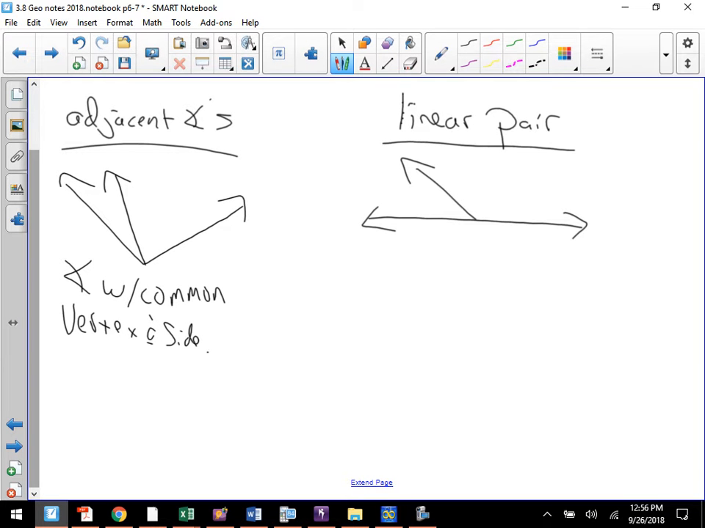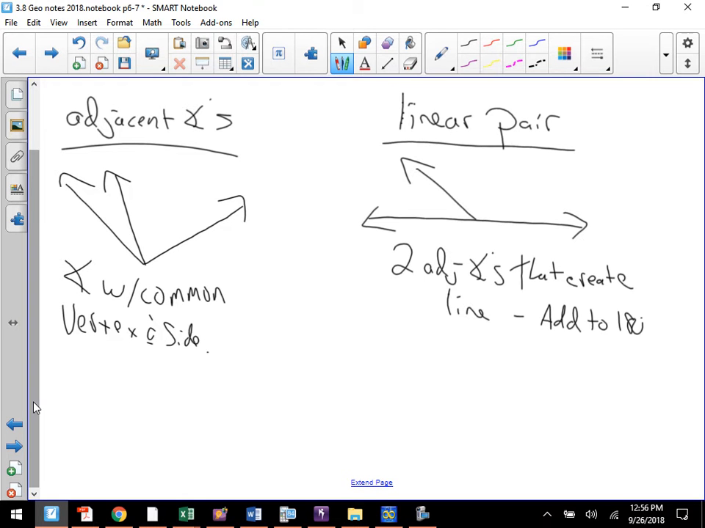So remember, a linear pair was 2 adjacent angles that create a line. Yep. They add up to 180 degrees. They're supplementary to each other. Okay? Adjacent angles that are supplementary are called linear pairs. So we had to use this term called adjacent to be able to define the term called linear pair. And we also had another angle pair that didn't quite look like these, but we used them a lot